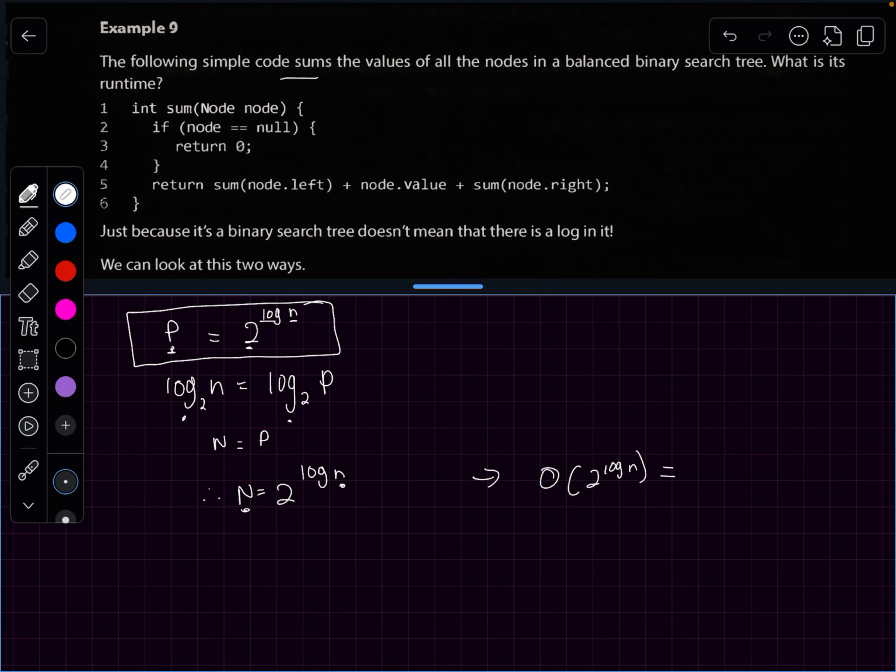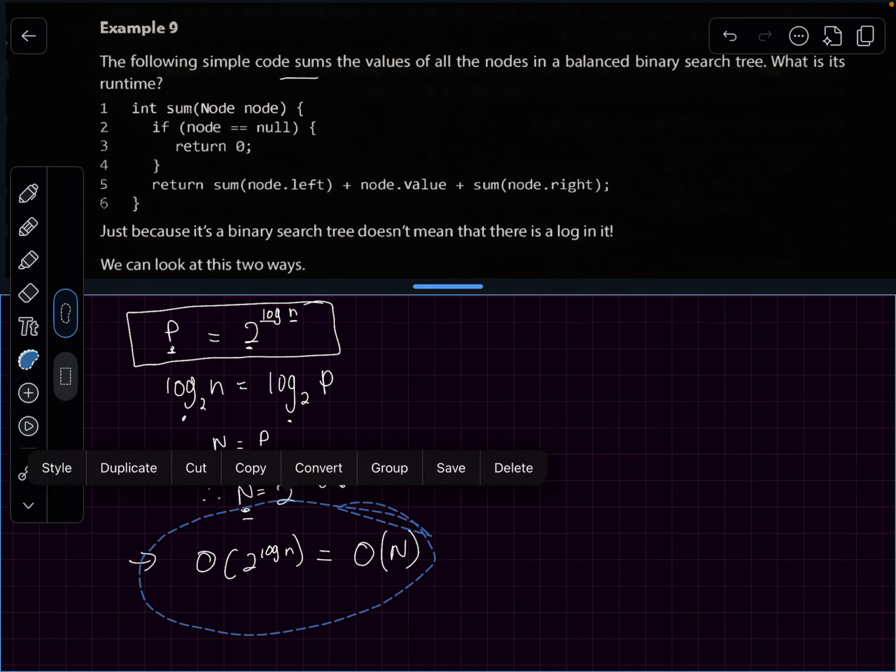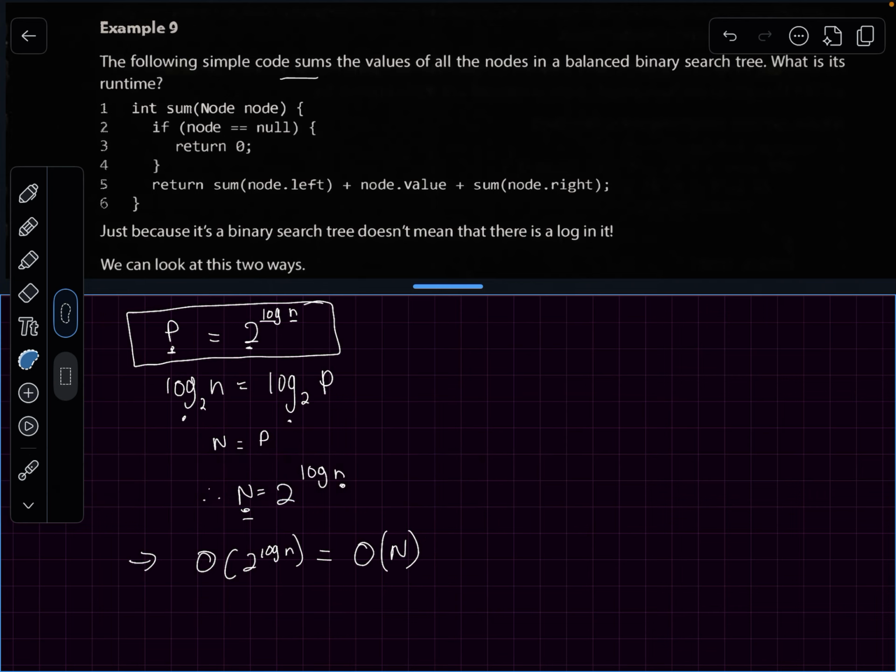It's the same as saying O of n. We've proved that. So you could move that over here. I think it makes more sense here, right? We said it's the big O using the formula of